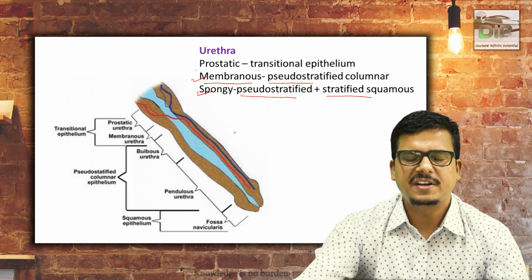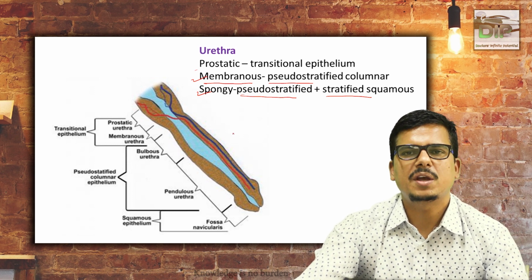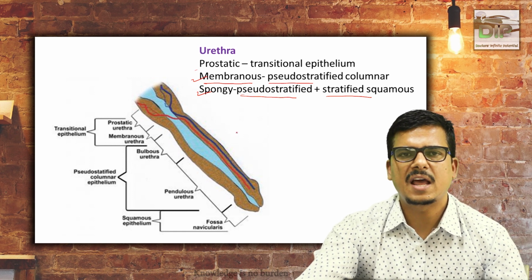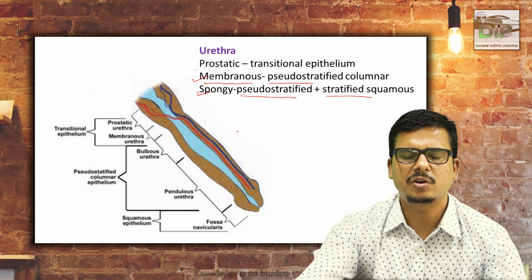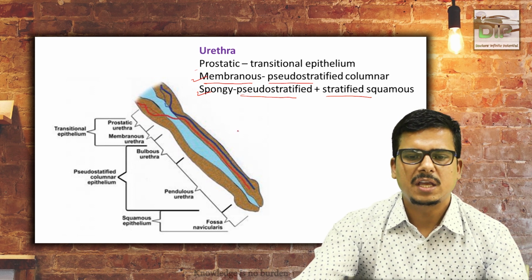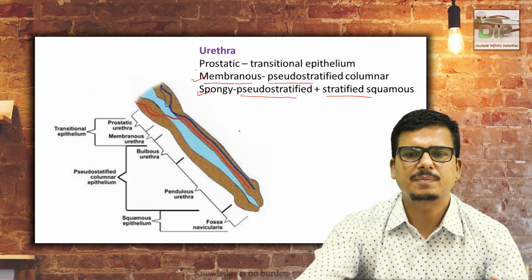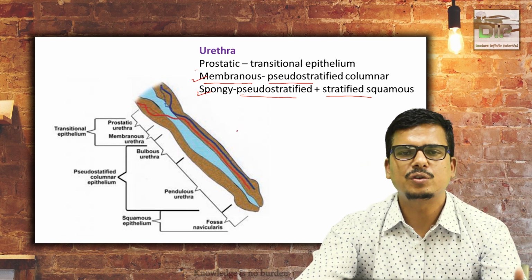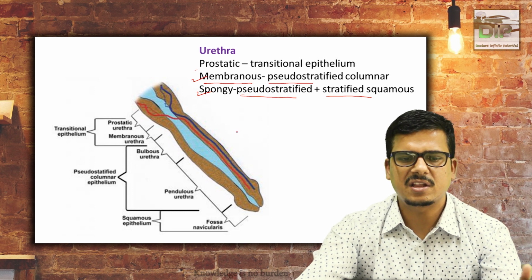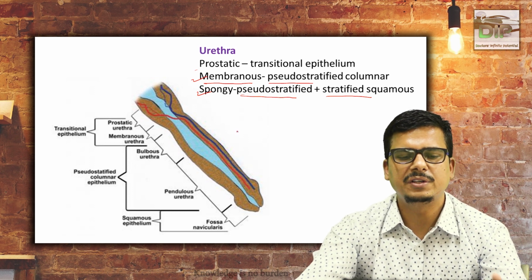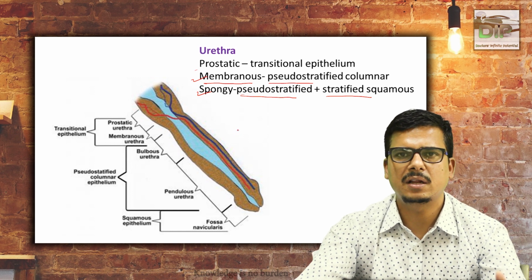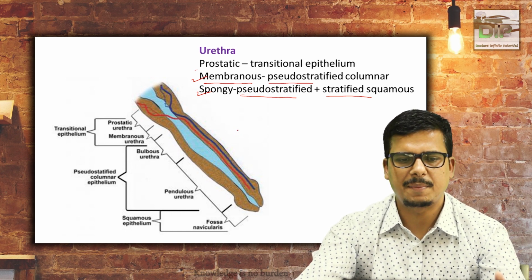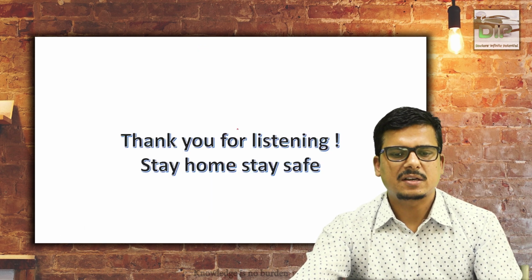So with this, we finish the microanatomy of the urinary system. In this system, first of all, you have to know that the key epithelial lining of the urinary system is transitional epithelium, which we also call the urothelium. But in the nephrons of the kidney, the structural and functional unit of the kidney, the epithelial lining of the tubular system is different from the excretory part of the kidney. There we see mainly cuboidal epithelium, and in the loop of Henle we see squamous type of epithelium. With this, I finished my